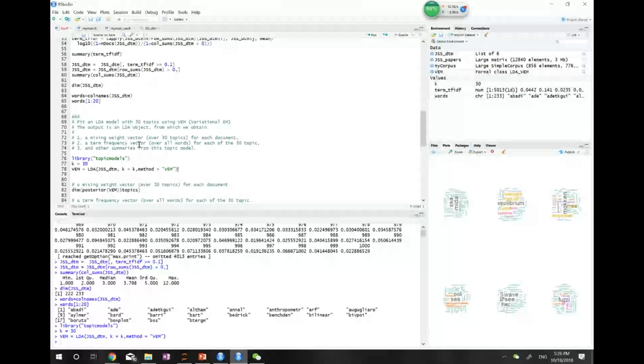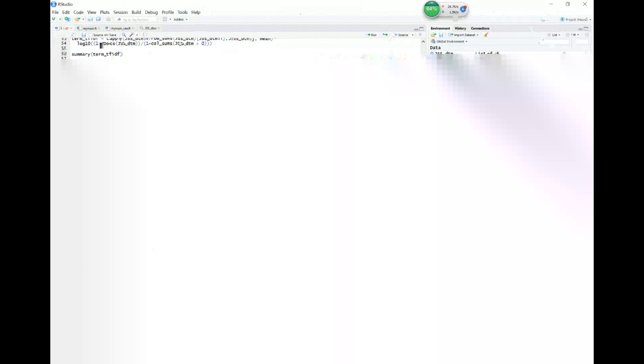And we can see that here, LDA is already a built-in function or algorithm inside this. And we are using our data frame and using the K that we defined and using the method VEM. VEM is actually short for the variational,